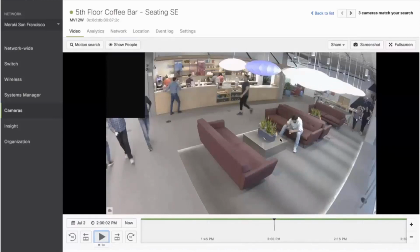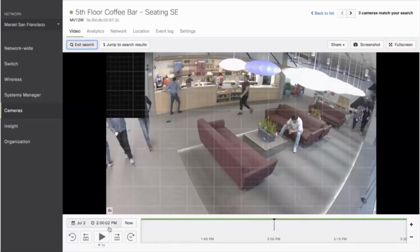Unfortunately, we have a camera here, so we can figure out exactly what happened, who took that gnome. In order to do that, we can click motion search. And at that point, we overlay a grid over the video feed. If you remember from earlier, I said that the cameras are always analyzing the video, looking for motion, for changes in the pixels in all of these spaces, and that means we can do things like motion search. So we can say, I want to know when, in this time frame that we're looking at now, the camera detected motion in this area right here,